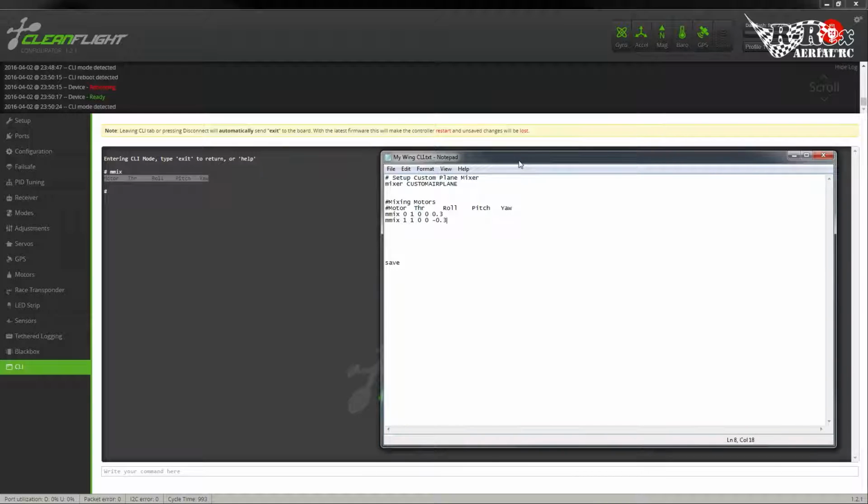And what this will do is, when I provide a positive input, so let's say motor 1 is on the left and motor 2 is on the right. Motor 0 is on the left, motor 1 is on the right. You've got to get used to that, but that's okay. When I provide positive, moving the stick to the right, the motor on the left will speed up 30%, and the motor on the right will slow down 30%,